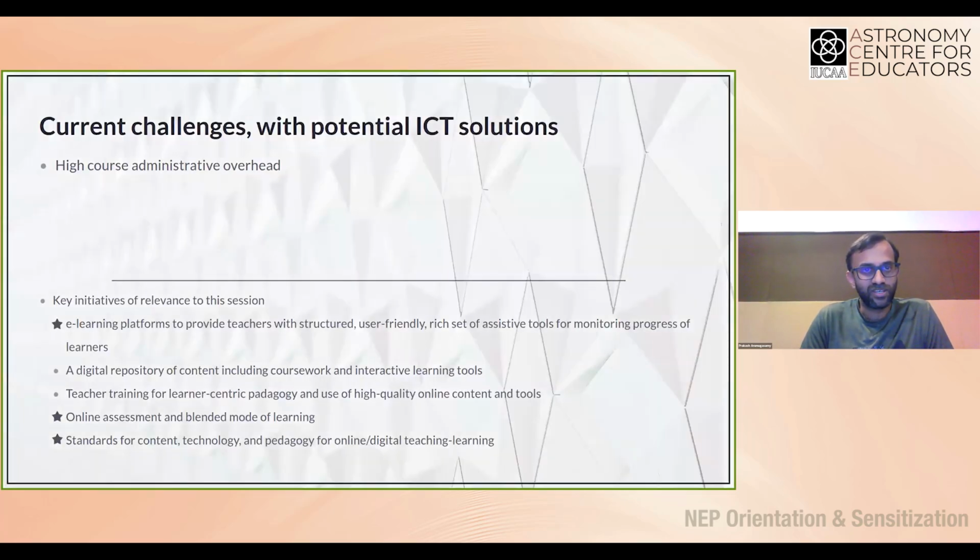So, okay, with that, I'll go on to more practical things, which is addressing some of the challenges that we face with ICT solutions. One of the things that we face here too, and I'm sure I've heard many faculty members in colleges and universities complain about too, is the amount of administrative overhead.